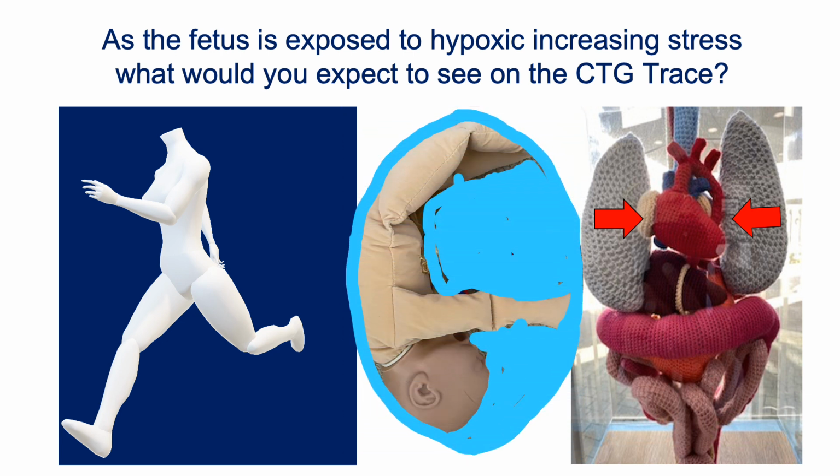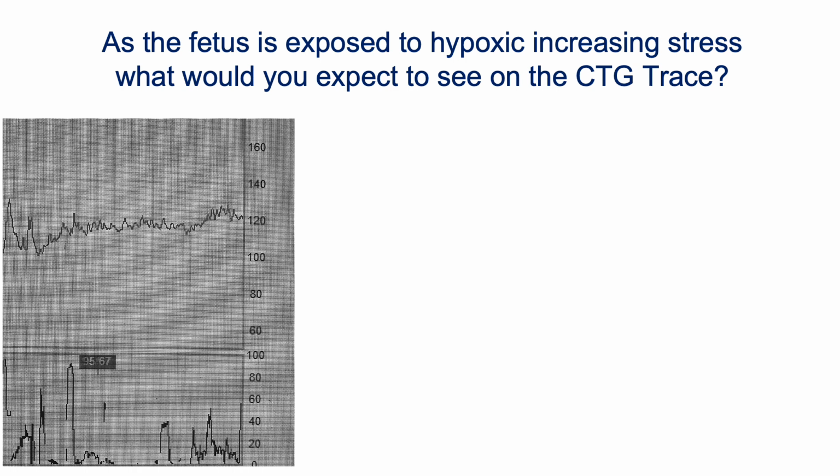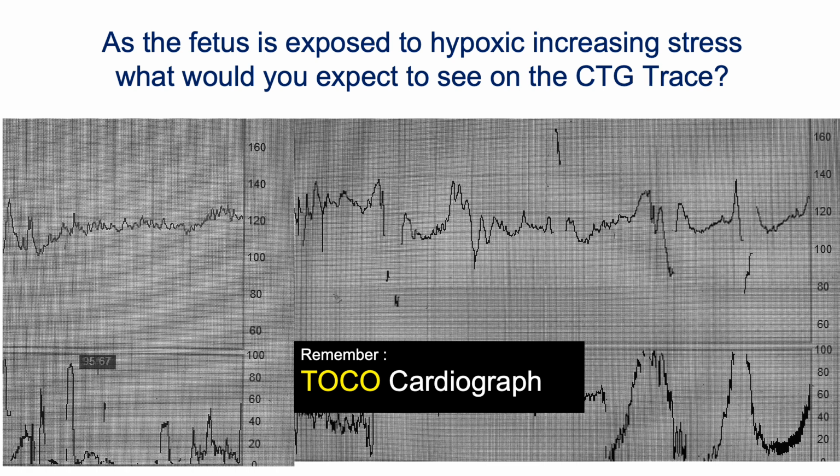So if you are a fetus who is immersed in water, amniotic fluid, and you have no access to external atmospheric oxygen, the only way you would maintain your myocardium in a positive aerobic balance whenever the stress increases, when your umbilical cord is squeezed or placental blood supply is cut off, is to slow your heart rate by showing decelerations. So this is the CTG before the oxytocin was